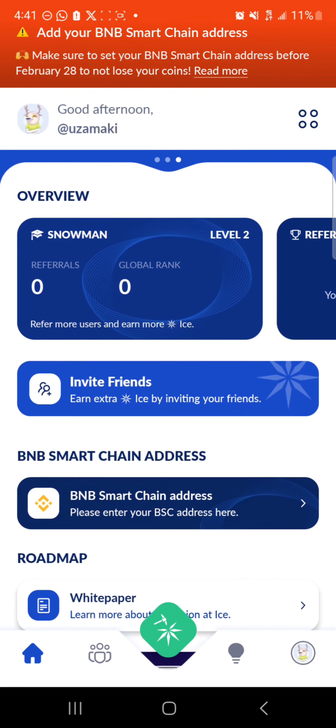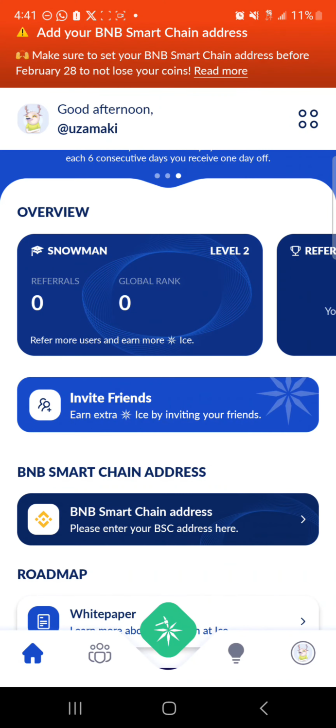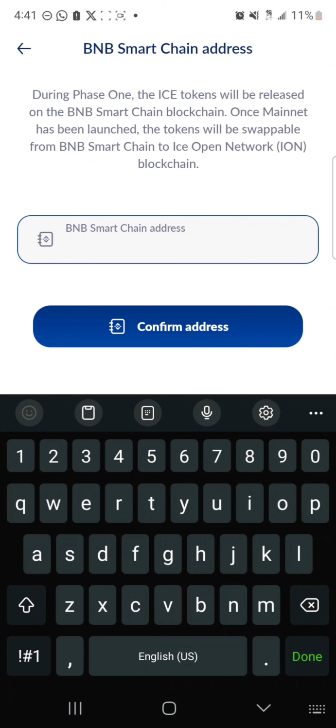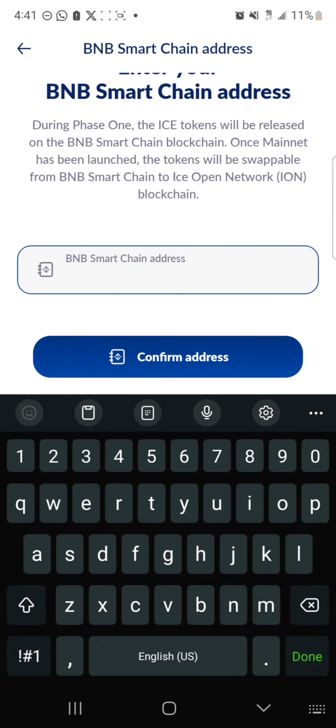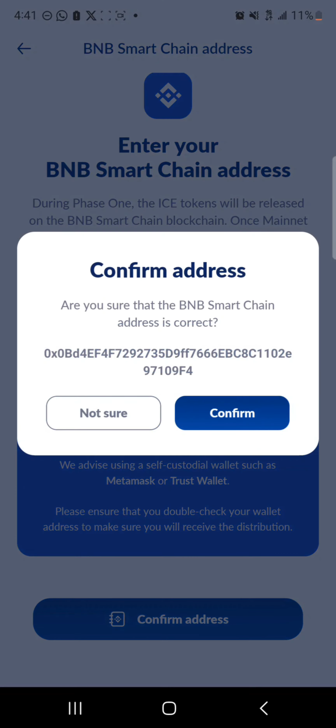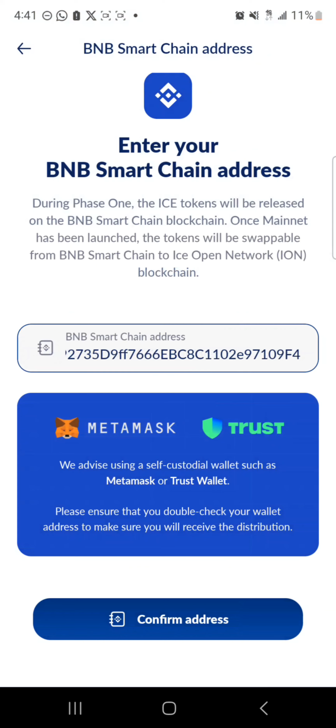Once it's been opened up, where we have the BNB Smart Chain address, click on this address and simply paste the address we had copied from Trust Wallet. So once you've pasted the address, click on confirm address and click on confirm once more. So guys, that's how you can easily add your Trust Wallet